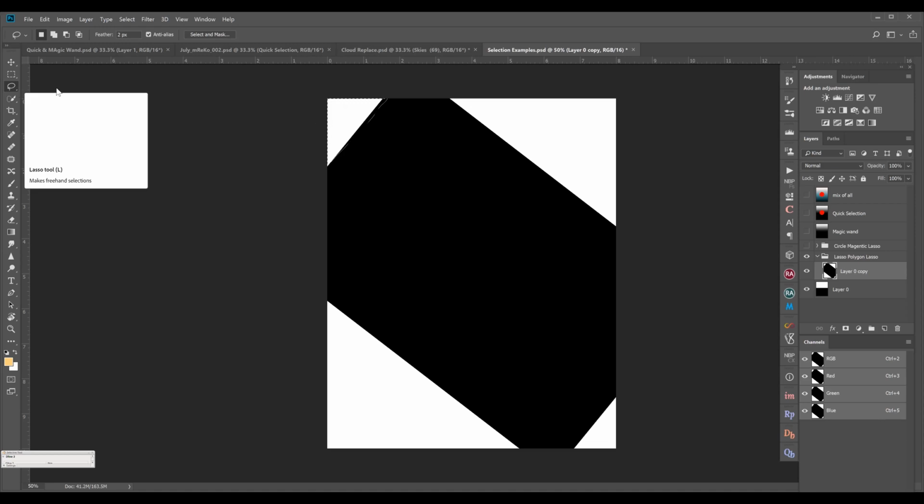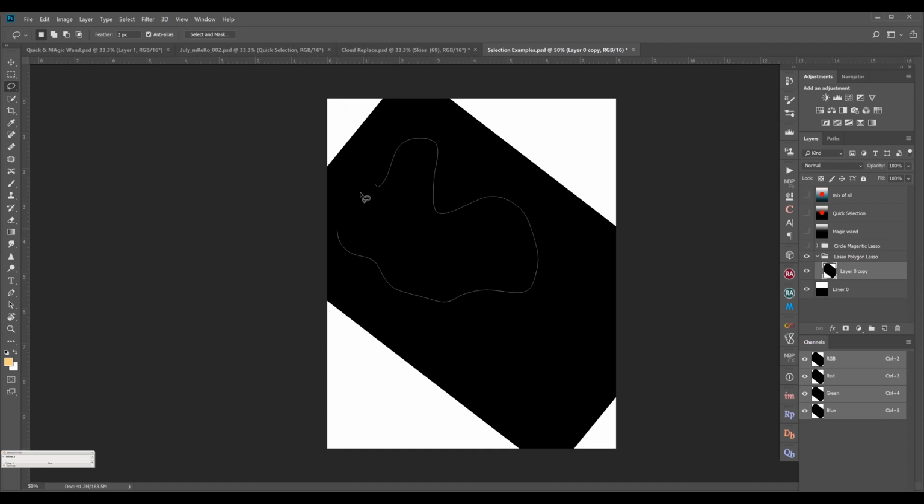It is a very useful tool to do multiple selections, or you can do complex selections with it. It is just a freehand tool that you can use to select any subject. This tool can also be used in three different ways. Now I have done this selection. I have selected both the white area and the black area.